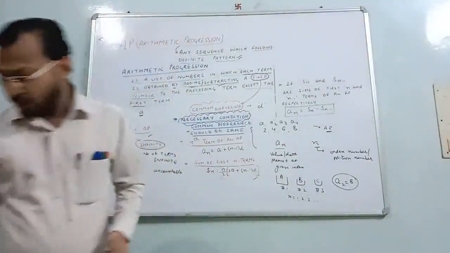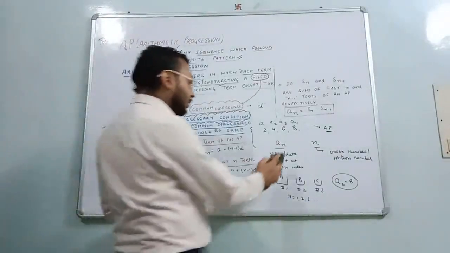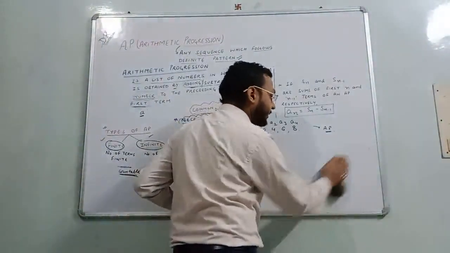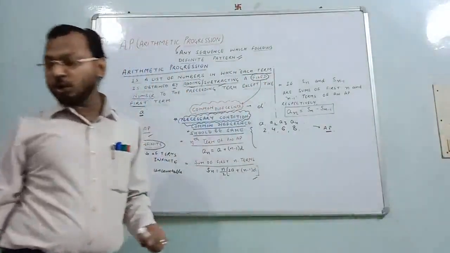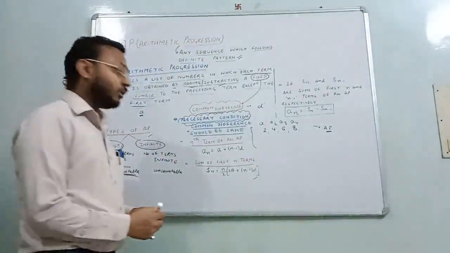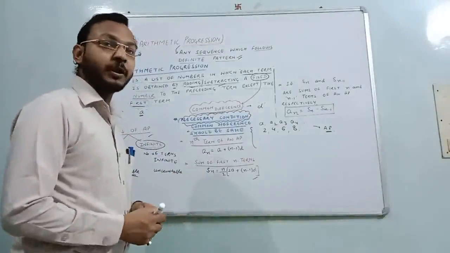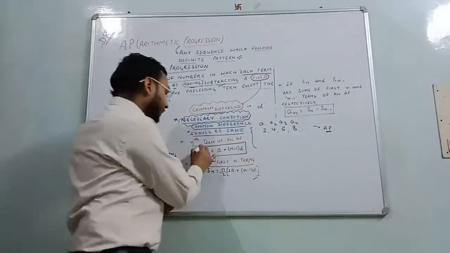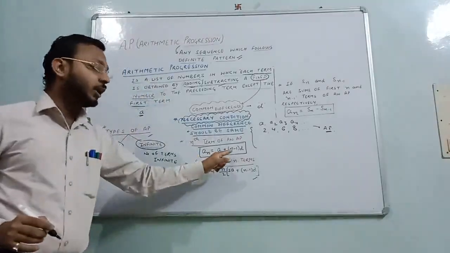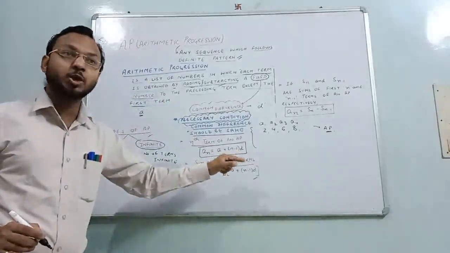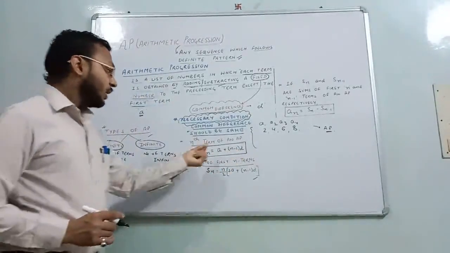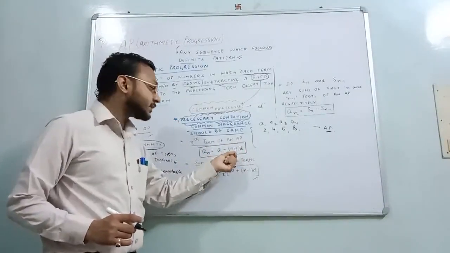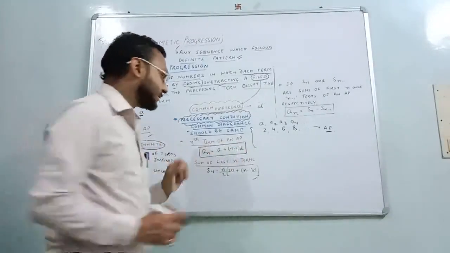Now to find a particular value at a particular index number, we will not do it manually. We can do it with the help of a particular formula. And this formula is an equals a plus (n minus 1) into d. Here a means the first term, d means the common difference and n means the given index.